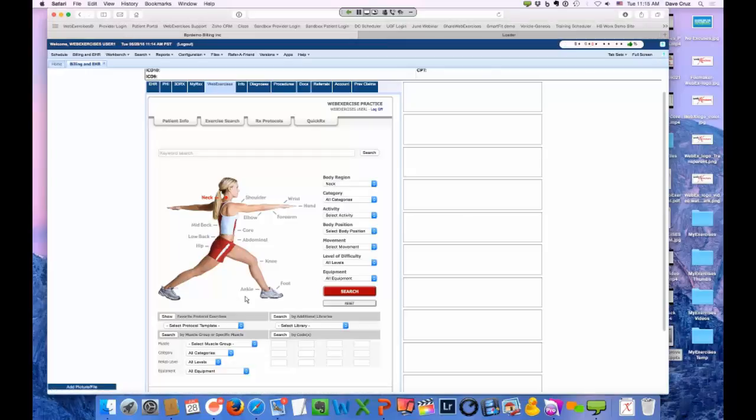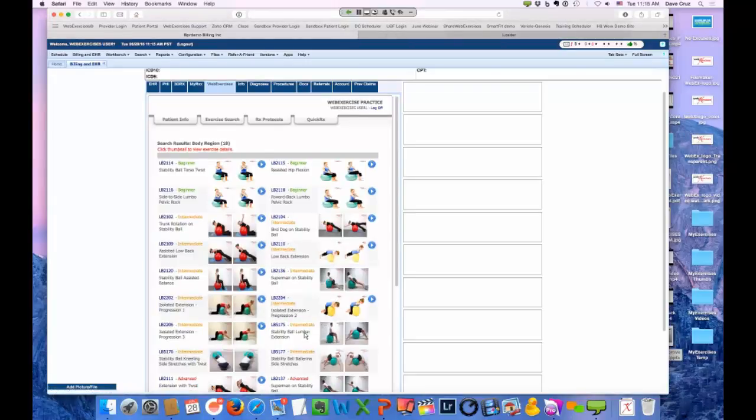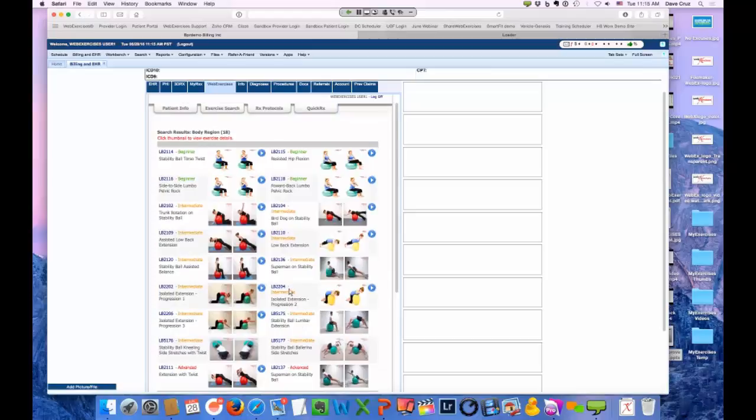It's going to be a single sign-on process, which means once you sign on and get access to WebExercises, you're going to be presented with a way to search for a variety of exercises. You can search neck, you can search shoulder, you can search hip and low back. And you can simply go, I need a low back exercise with, for instance, a stability ball. And there's all sorts of different search criteria to make it simple in finding exercises. And you simply just search for that criteria, and this calls up the exercises.